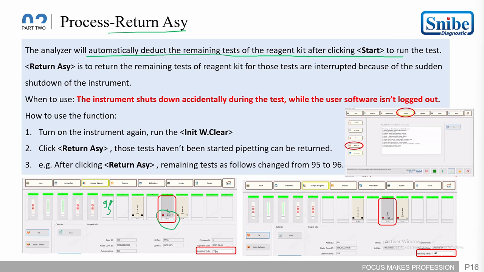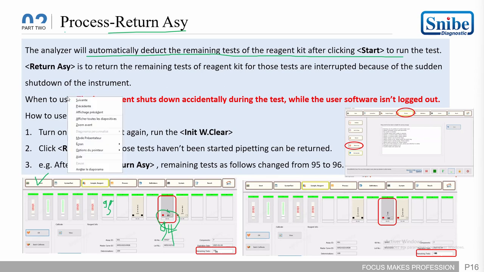If, for example, I have 95 remaining for the TSH reagent parameter, when I run the tests, just when I click start, this test will be removed from the remaining number of tests. It will display directly 94 instead of 95, even if the reagent is not pipetted yet. So in this situation, if the analyzer shuts down suddenly and the pipetter doesn't pipette the reagent,